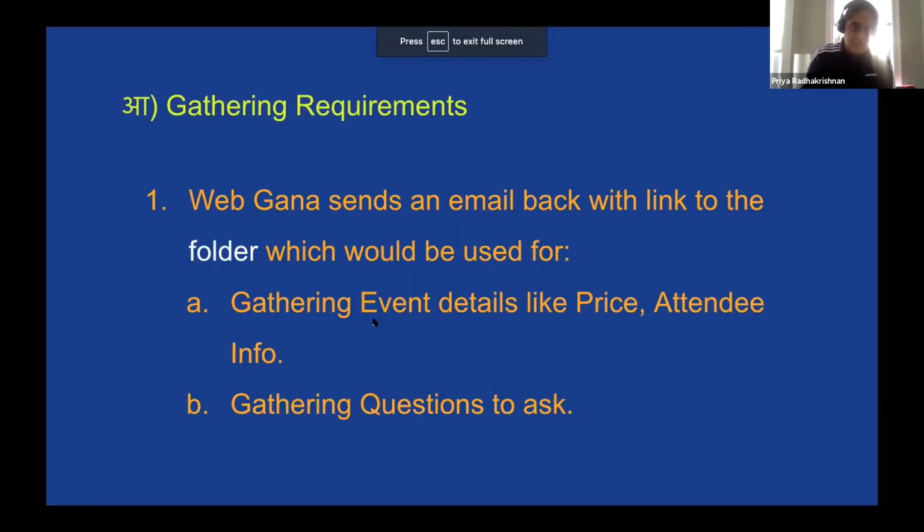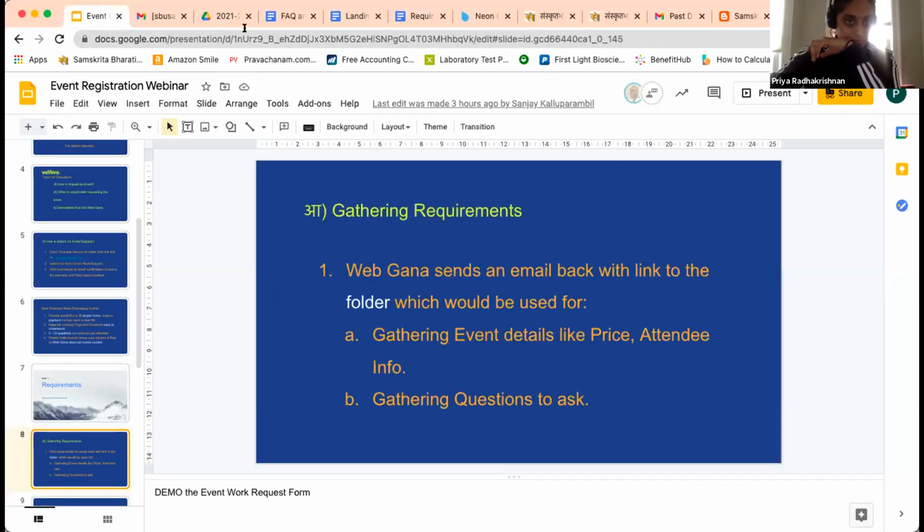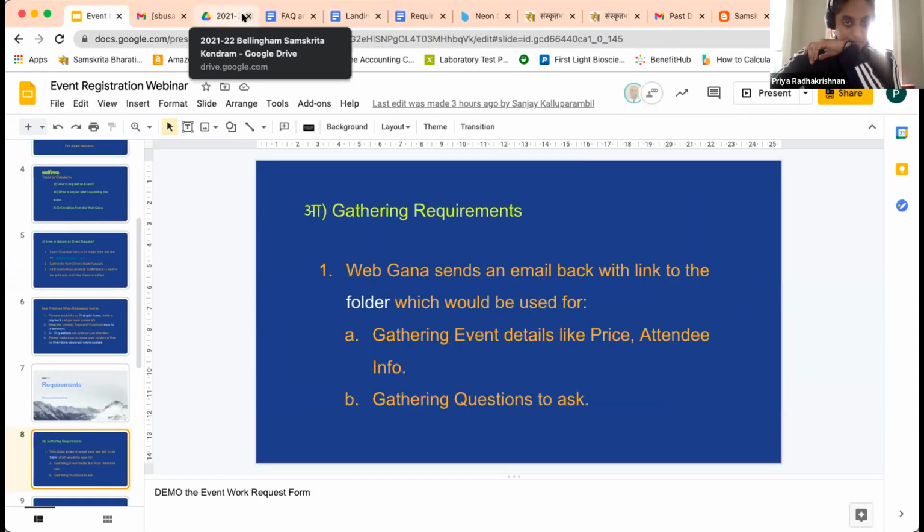So once you have submitted the event to the request website, one of us from the WebGana will send you back an email with the link to a Google folder. That is where you will be able to enter the details for gathering the event, details of price, attendee information, and all that. And I'll pull up one